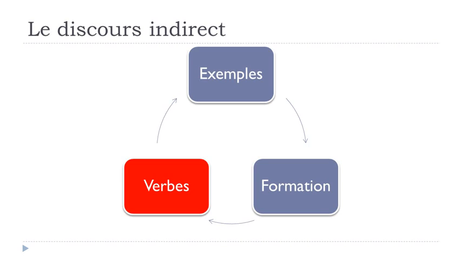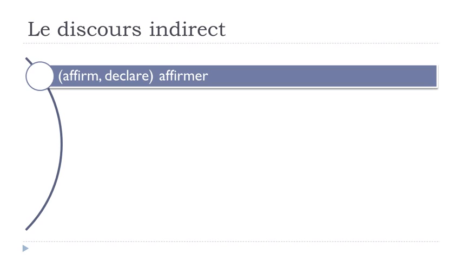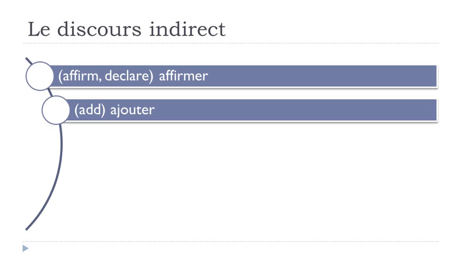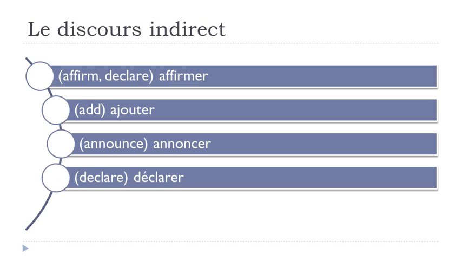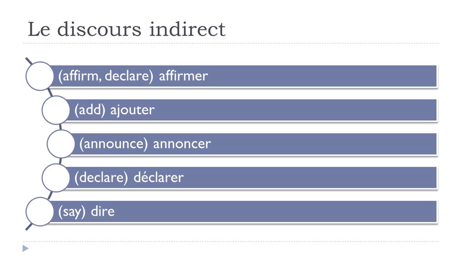Okay, and so now let's see the verbs that you could use to introduce this discours indirect. The list will start now. Affirmer, ajouter, annoncer, déclarer, dire. Okay, so affirmer, ajouter, annoncer, déclarer, dire,